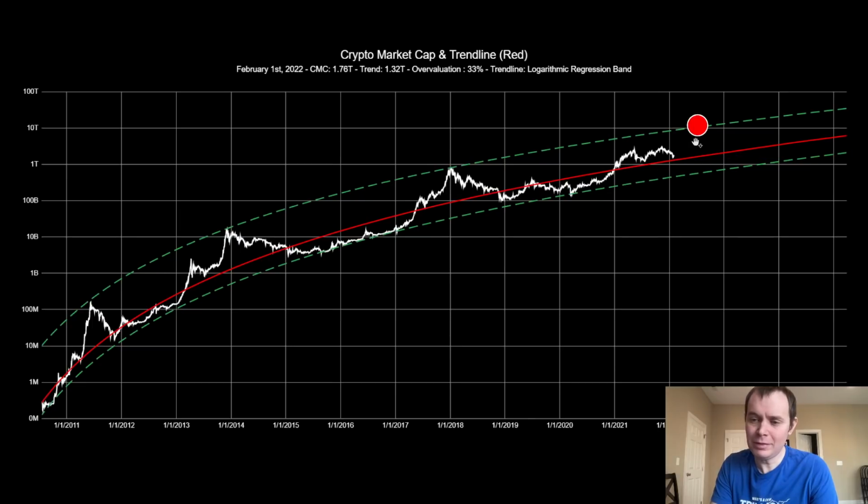Okay, and so that's basically what we're looking at. I'm looking at this target over here. I have no idea what's going to happen in the short term. I have no idea. Bitcoin could break through. I think it's at 38K. It could break through 39K, go to 40K, and not look back for all we know.